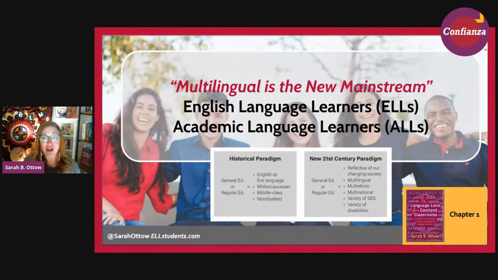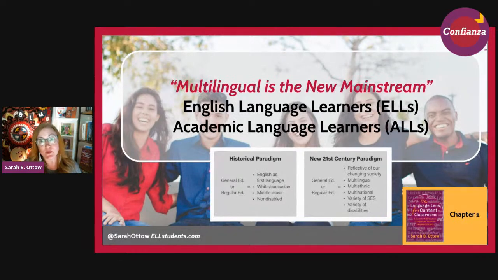However, we also have academic language learners, which are all learners who are learning the academic language of different aspects across the school. I myself, as a first-generation college graduate in my family, definitely academic language learner, in high school, going to college, filling out financial aid, so many things that I learned and continue to learn because we're never fully done learning language. But I'd like to just frame that around like ELLs and ALLs, that high tide lifts all boats to support a language-rich classroom. However, English learners still need their own specific supports based on their specific individual needs.